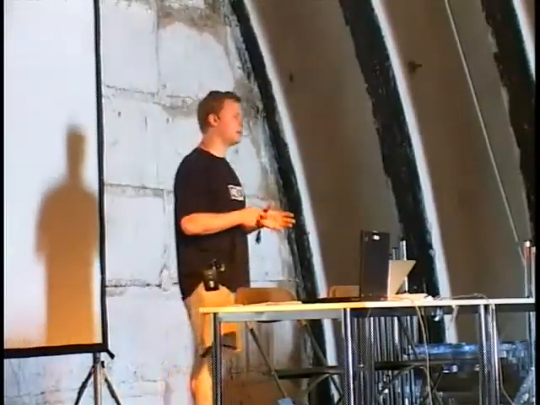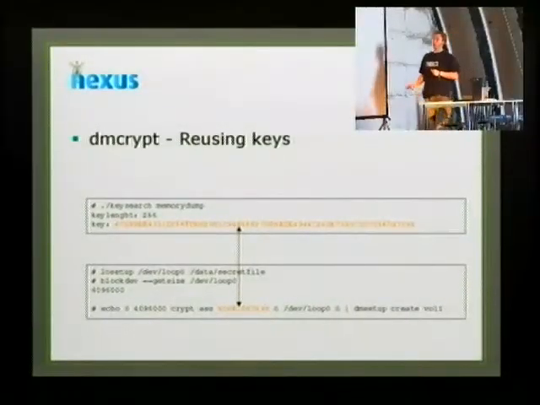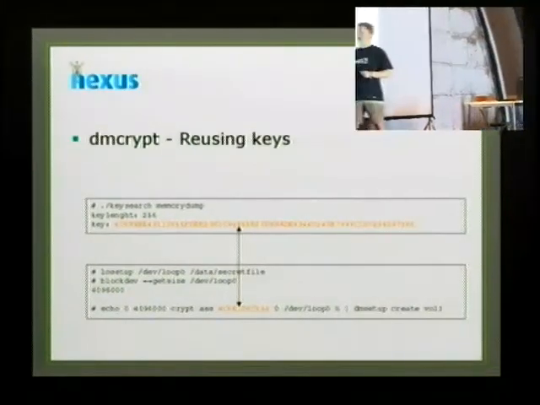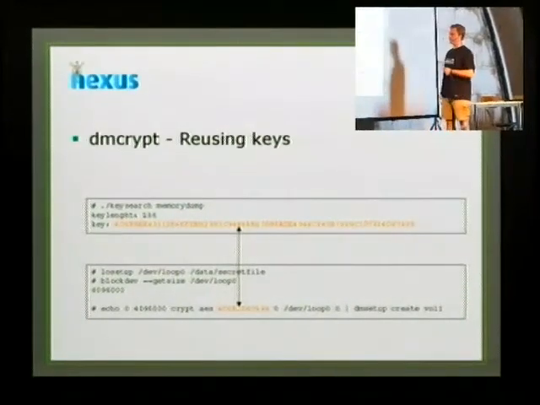So how do we reuse the keys? So we have a memory dump, we got the key, we have it in hexadecimal form, and we want to reuse it. First of all, DMCrypt doesn't actually work with files at all. It works with devices. That's one of the main differences. So in order to access a file as a device, we have to set up a losetup first. So we loopback mount our secret file on /dev/loop0. Then we use the blockdev command to get the size of the device,